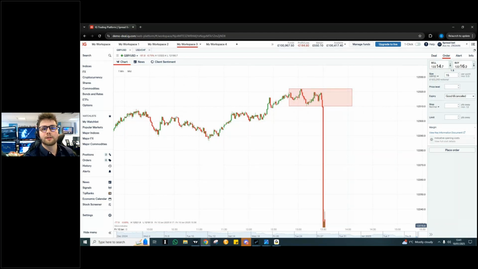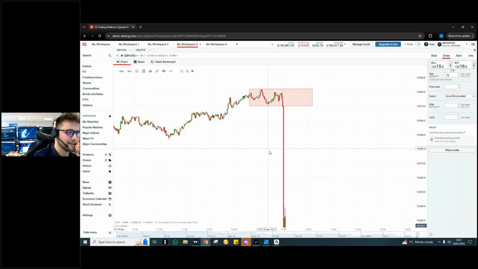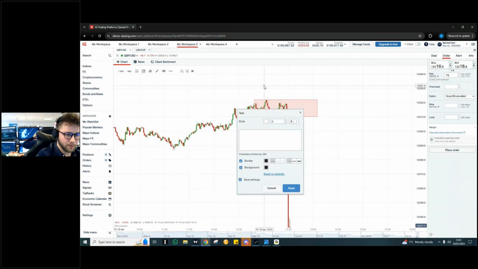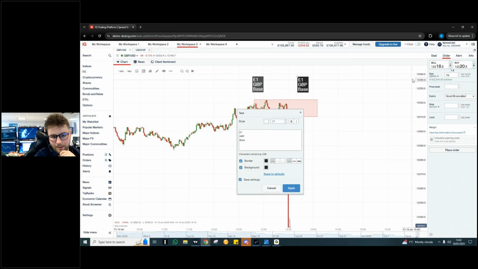If you're still a stronger, what's the K? Should it be up? Is it down? Sorry, down. Yeah. So for cable, all this chart is telling us is that we've got the base and the quote currency. The base currency is the sterling, and £1 is just the base currency amount. The quote currency, or ultimately what this price chart is telling us, is that for £1 we can buy